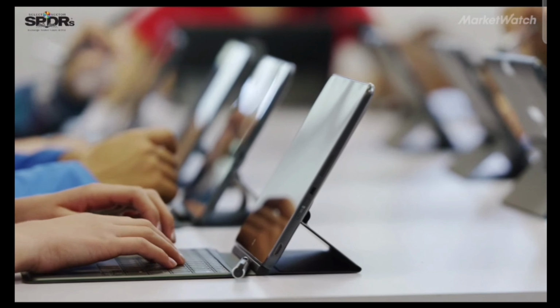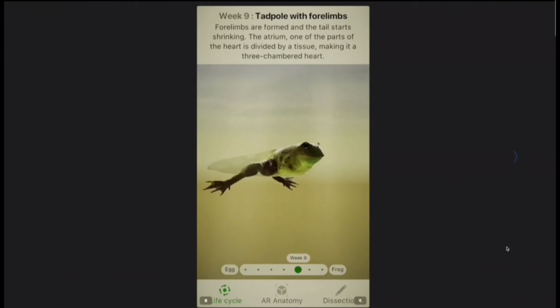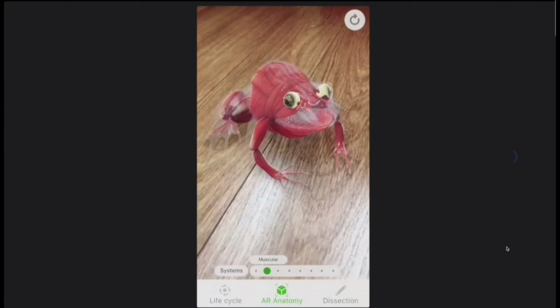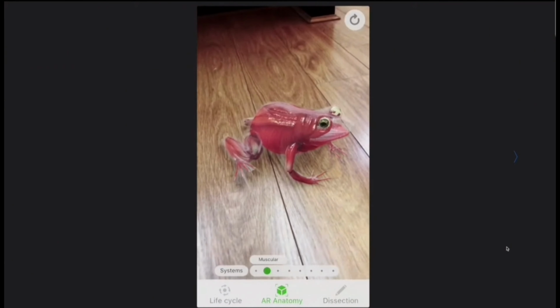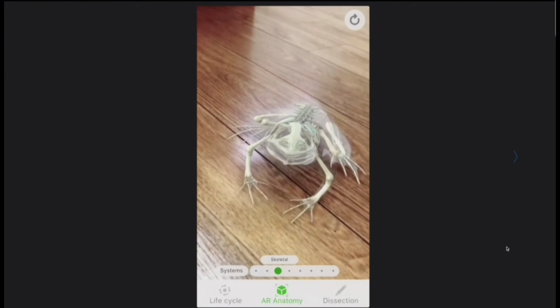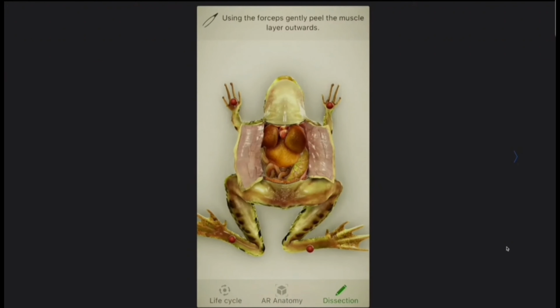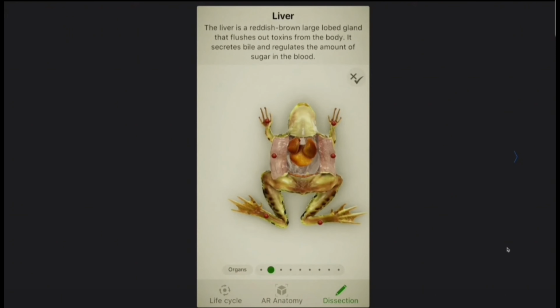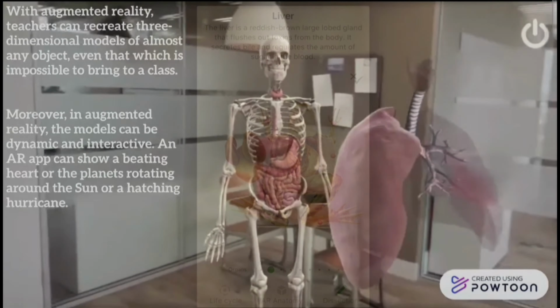When you talk about immersive learning, it allows people to dissect frogs. And if you've ever experienced this as a child in the real world, in biology, where you had to cut open frogs, that is not the best experience you will ever have. And actually you can translate this really well into the metaverse and using augmented reality.